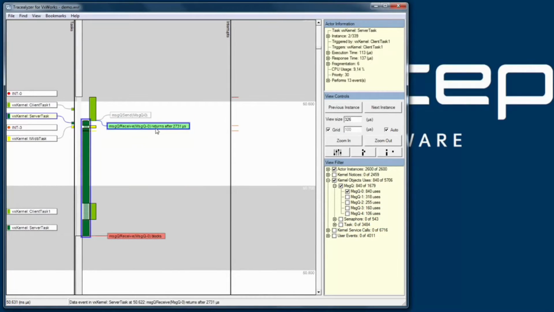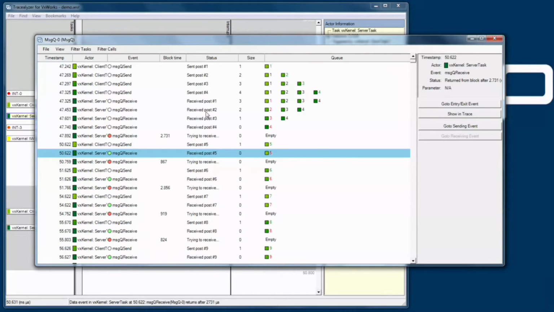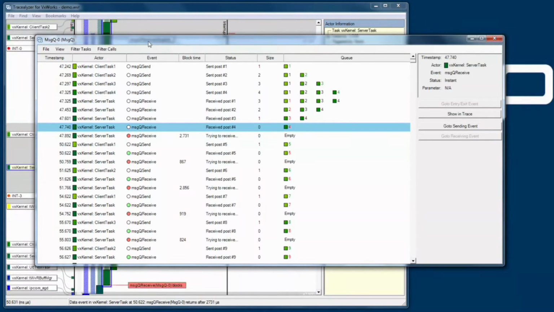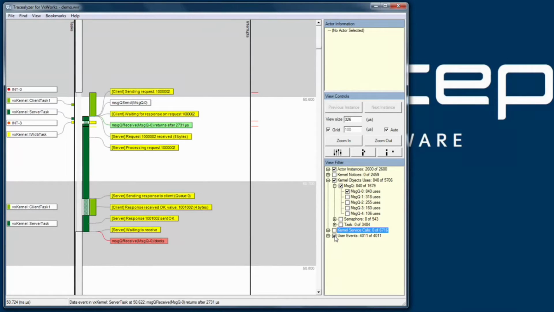If we double-click on any labels, a new view opens showing all related events. In this case, the kernel object history view opens and displays all operations on this particular message queue. You can even see how messages are buffered in the queue, and you can track where particular messages are sent or received. If we enable user events, we see user-defined application events, allowing you to visualize any event or data